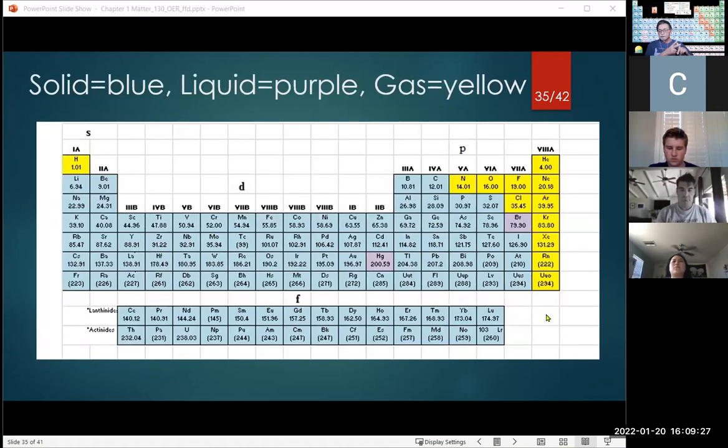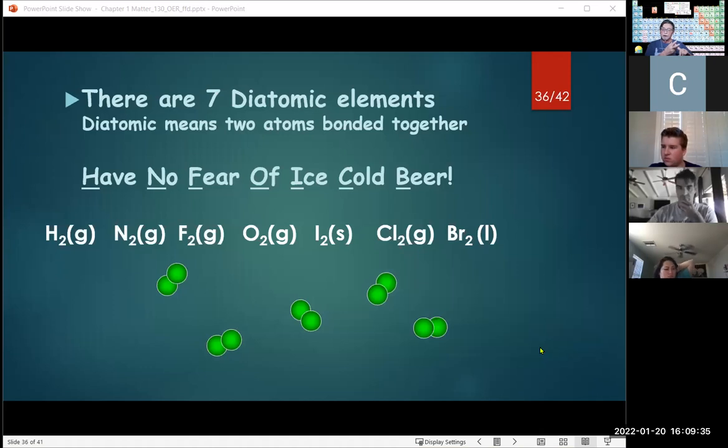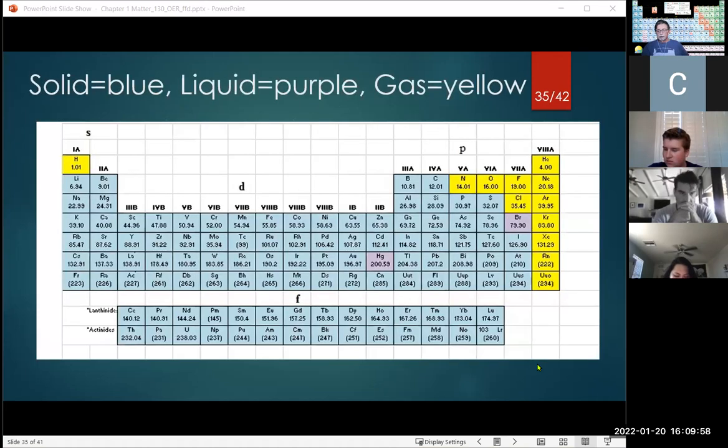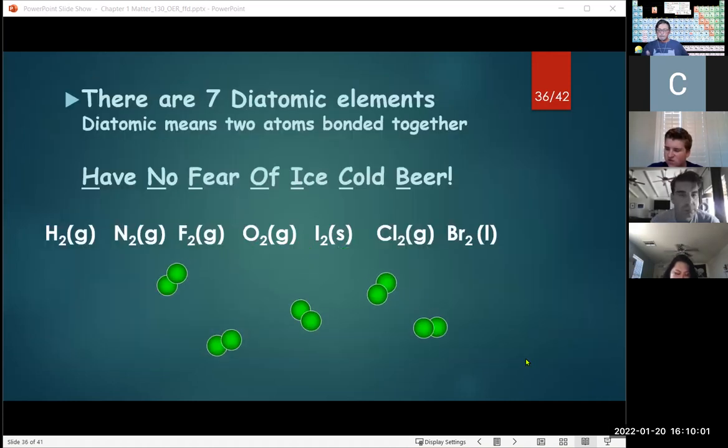Gases, 2 liquids, okay? The remainder is solids. 7 of them are diatomic. And the reason we state this is because eventually you're going to be given words to describe a chemical reaction like the one we just did with sodium and chlorine, and you're going to have to be able to state their physical state. But just following that periodic table there, and knowing these 7 diatomic molecules, you're good to go.